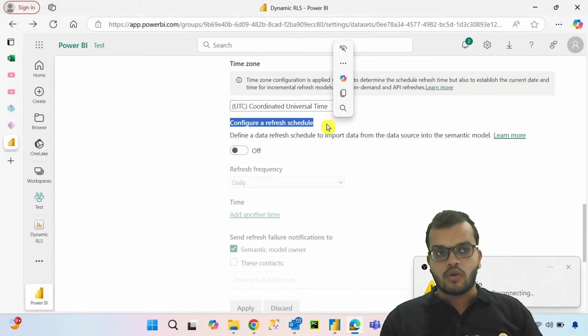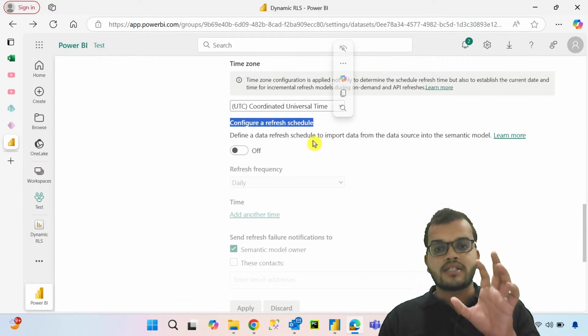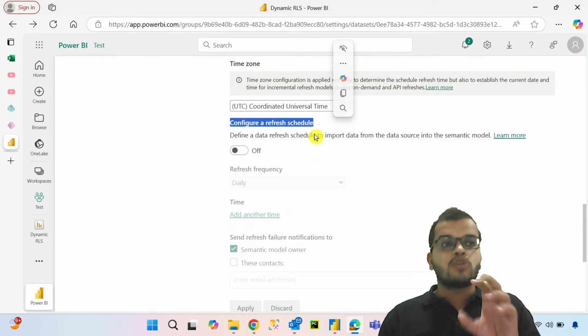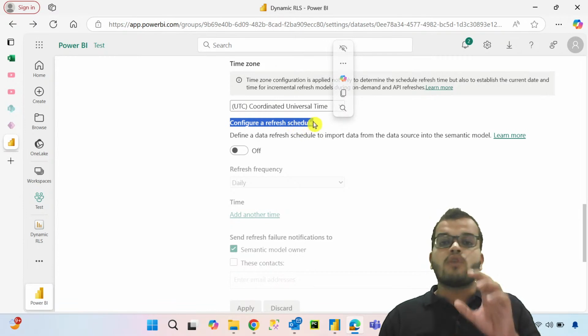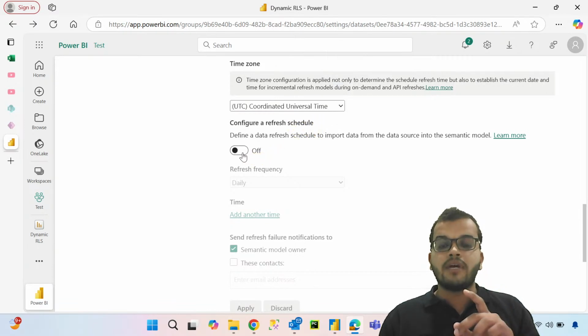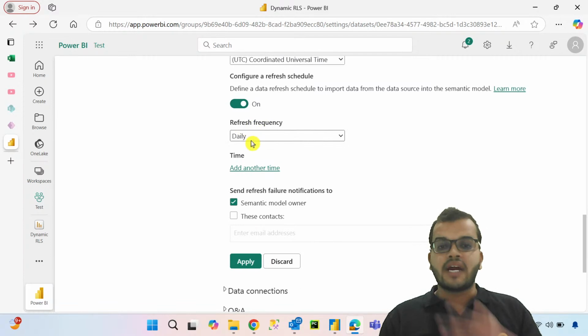Cool. Okay. So we have to configure a refresh schedule. In general, it is a scheduled refresh. Right now it is off, so let me click it on. As soon as I have clicked the refresh on, we can see that the scheduled refresh by default is